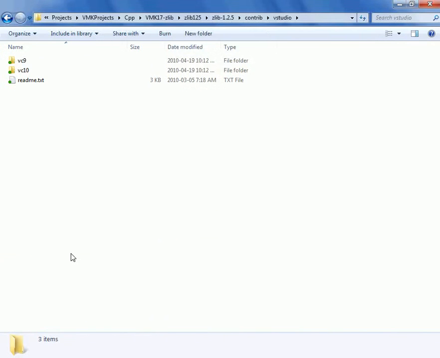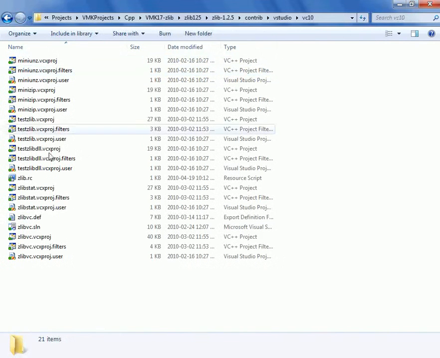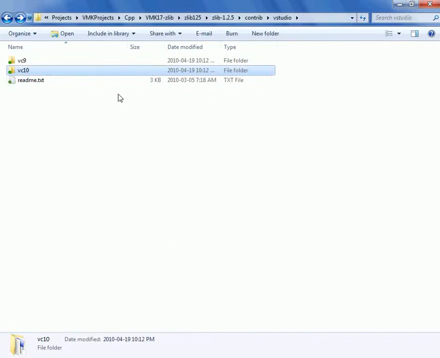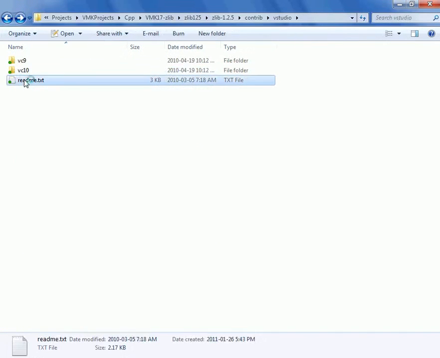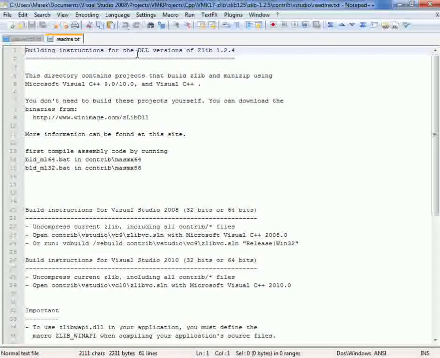vStudio directory. And in here we have VC9 and VC10. Now VC9 contains the project files to build the project, and VC10 has the accompanying files for Visual Studio 2010. However, we're not going to be using these because if we go read through the README file, we'll see that what we need is actually available right here from this website,